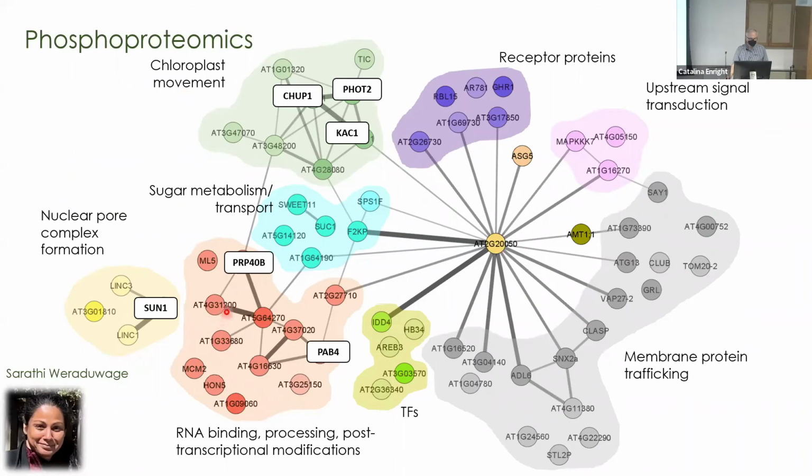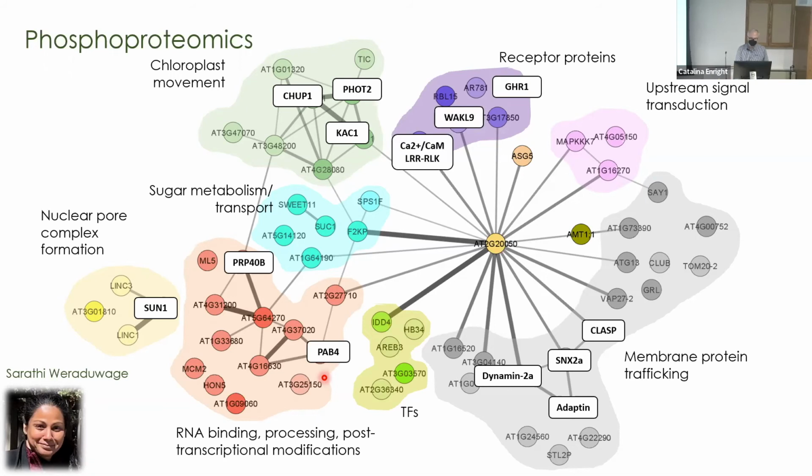But there were other ones that were quite surprising to me. A number of sugar metabolism proteins were changed in phosphorylation status. RNA binding and processing: PAB4, I think, is involved in these stress granules inside the nucleus. And so we don't know what these things all mean. If you know your membrane protein trafficking genes, some of those were phosphorylated receptors, and then signal transduction pathways like kinase 7, which is a very common signal transduction